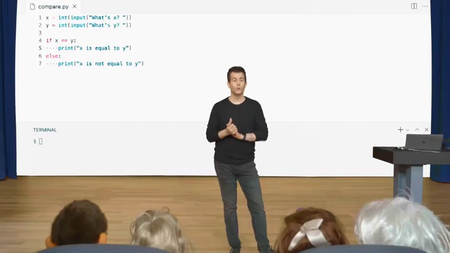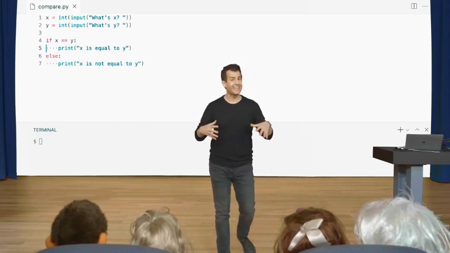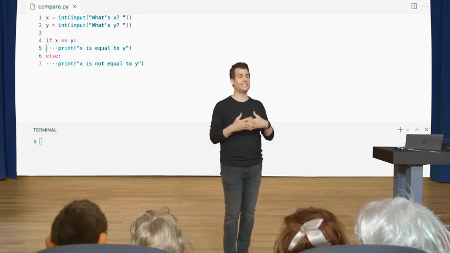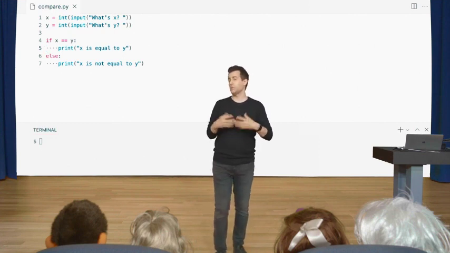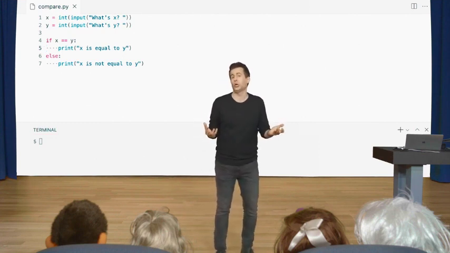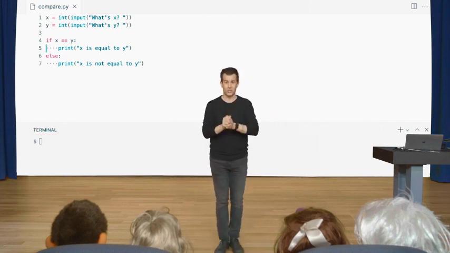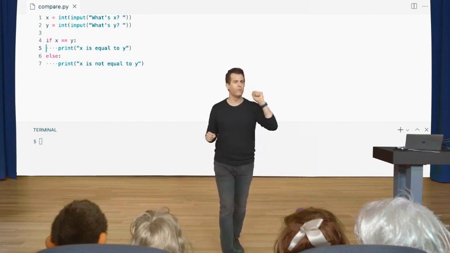Yeah, I have a couple of questions. What if indentation is not used? If indentation is not used, your program will not work. So Python is a little different from a lot of languages in that it enforces the indentation requirement. Some of you who have been programming for years might not necessarily be in the best habit of indenting your code properly. And one of the features, arguably, of Python is that it makes you indent your code or it will not just work. And I think, did you have one other question?